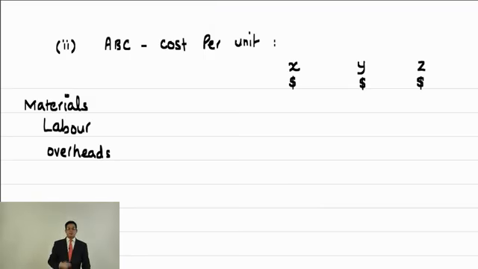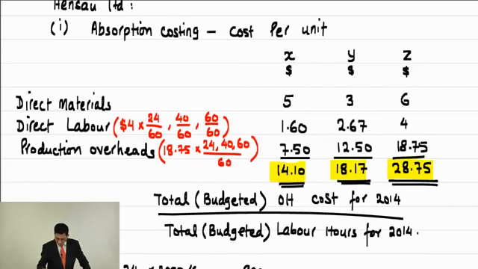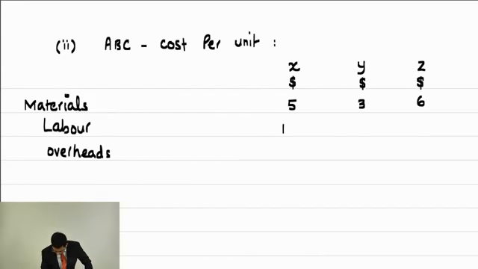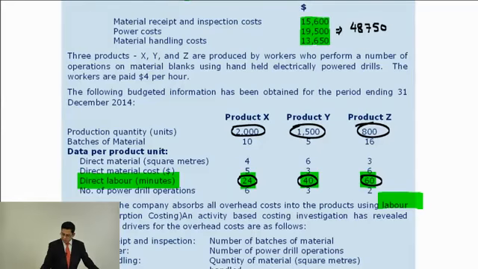Here is the ABC cost per unit, full cost per unit. Again, please remember, as far as materials and labor are concerned, that will just be copy and paste. So 5, 3 and 6. No problem with that. Labor cost, copy and paste, 160, 267 and 4. And when it comes to the overheads, instead of one overhead absorption rate, we will calculate overhead for each activity separately. And remember, there were 3 activities given to us: material receipt and inspection,